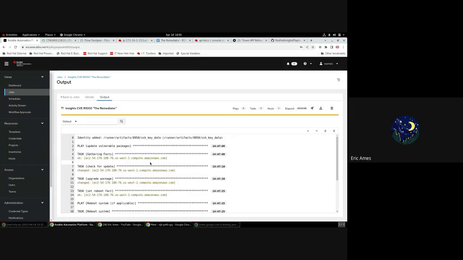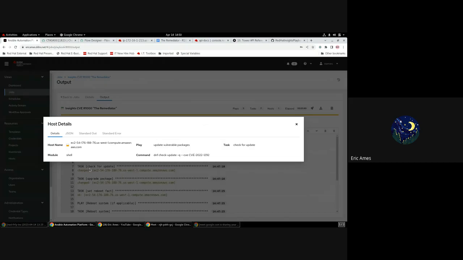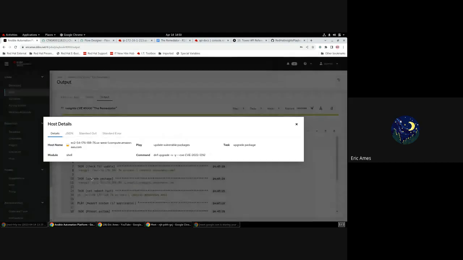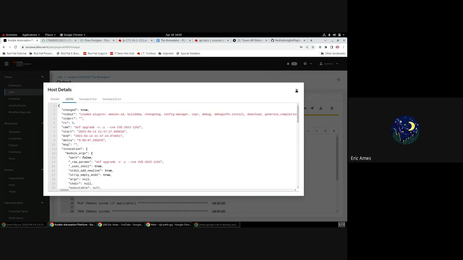50. Okay, so right here you can see check for update. Then there's the CVE number. That's the actual command that got run to check the update, and then it found that it needs to do an update. So now it's going to change the command to DNF upgrade -v -y --cve and the CVE ID. And then if we look at the JSON output,